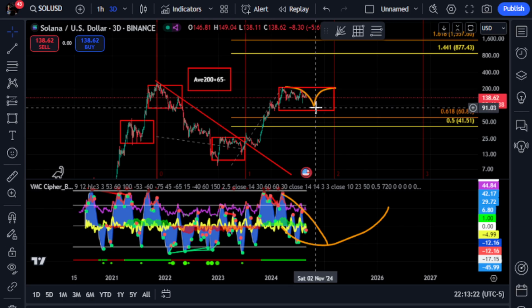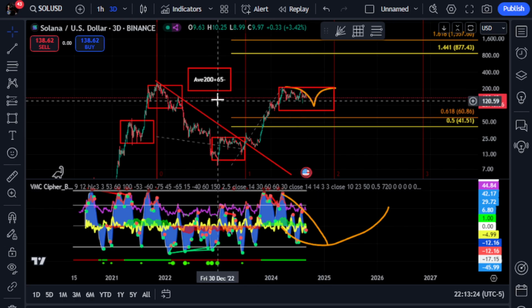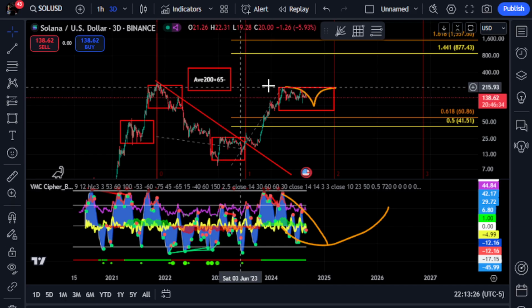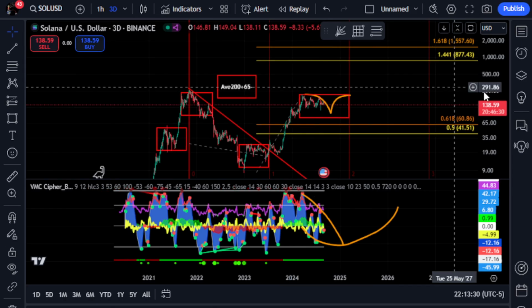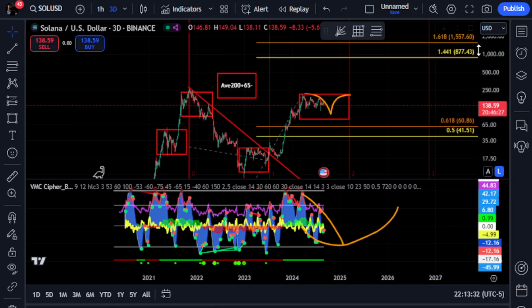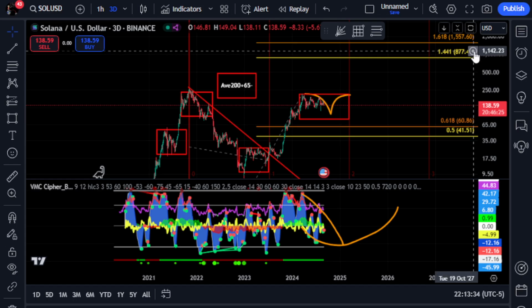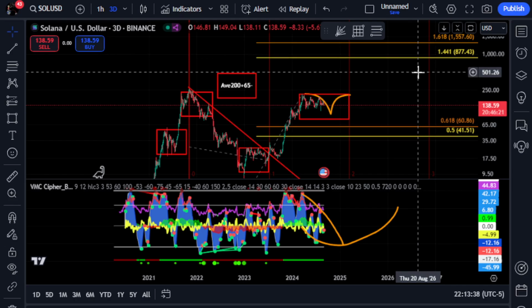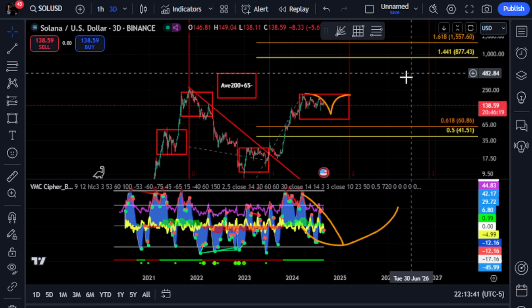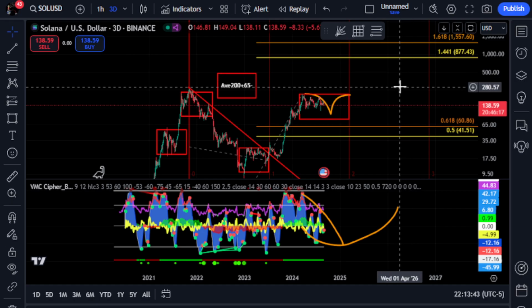I'm not saying this is going to happen, but these proportional relationships, TA works because there's proportional relationships. You have no idea which one's going to play out, and anybody that says that they do is just wrong, unfortunately. But like playing a game of chess, there's only so many proportional moves on the board, and really trading